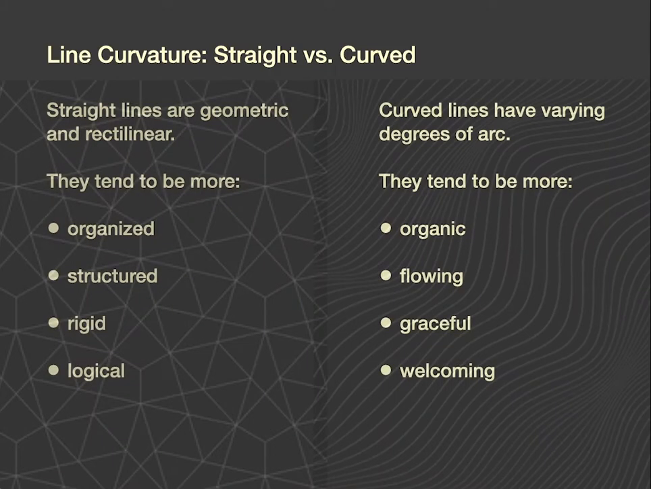So generally, straight lines versus curved lines do have very different emotional and intellectual influences. You can see things that are typically said about them on the screen. So straight lines, of course, are geometric and they're rectilinear, which means that, like math, they tend to be more structured, more organized, sometimes even a little more rigid, more logical. These are all things that if you wanted to convey those sensibilities in your artwork, you might use straight lines